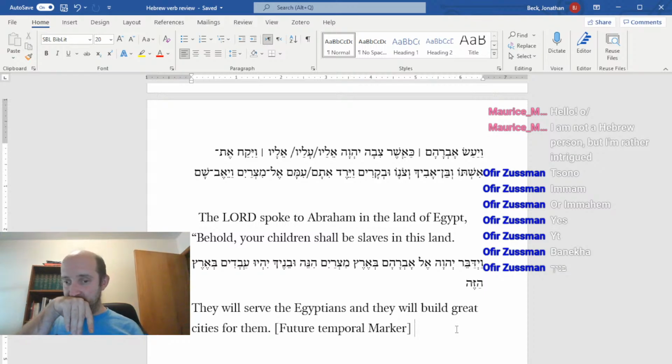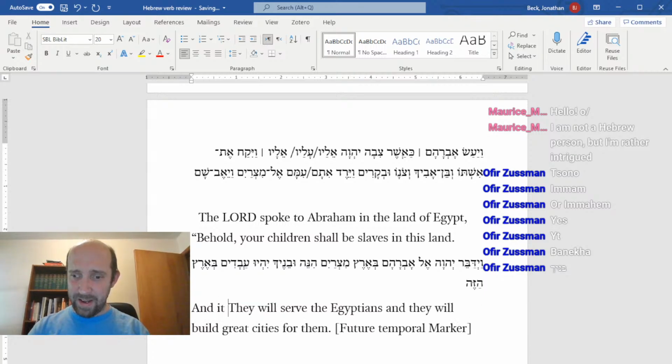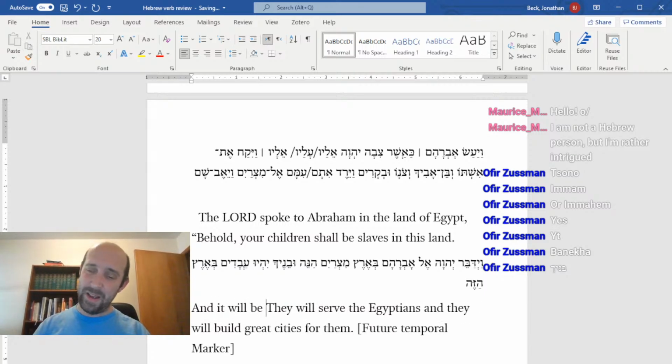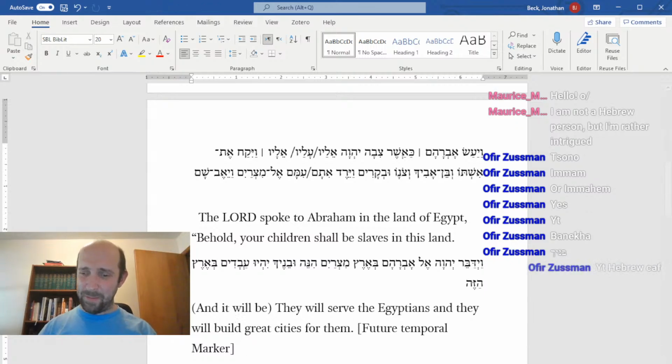Now, the composition book cues you with "and it will be." But we learned that this particular form just functions as a temporal marker. So you could just translate this as "they will serve." So if you do that just as a future temporal marker,